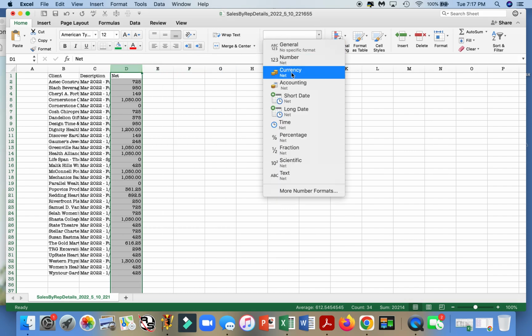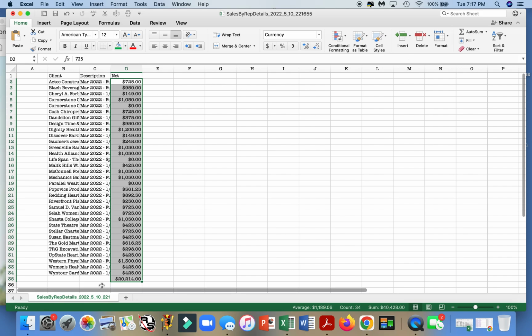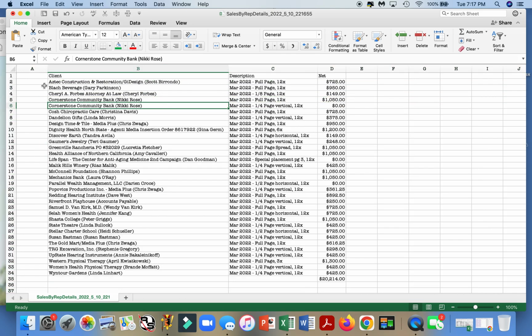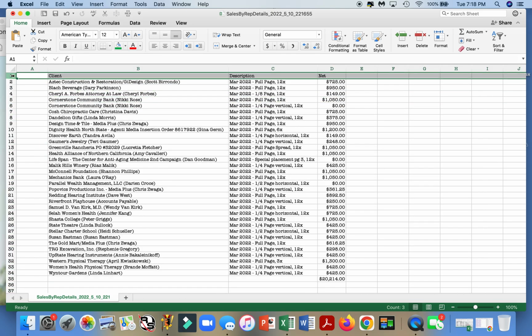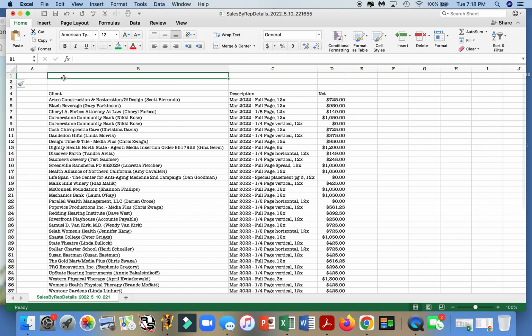Convert that to currency if you'd like, and total it, because we're going to check the total too to make sure that that matches the records that you have. And then after this, expand it, and then add a couple rows just to clean it up a little bit. So I call this a proof sheet, and you'll want to keep these in your files with your ads for the month, just in case. So that's March 2022. Date it,